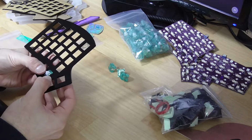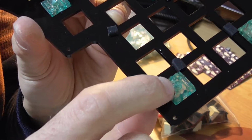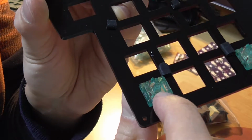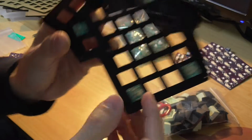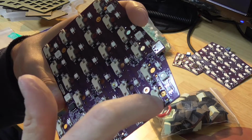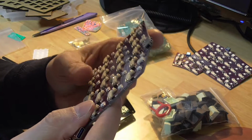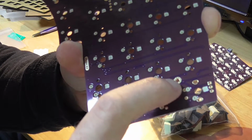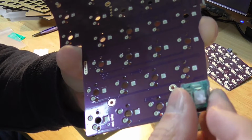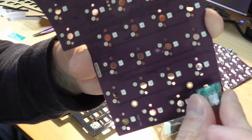So the key switches go through there, just push them a little until they click in. The bottom of the key switches have these 2 metal pins and 2 small and 1 big plastic pins that will go into the PCB. So of course the hot swap sockets will receive the 2 metal pins for the electrical connection, and it will go into the backside of the panel, and you can just push them in and get a feel of it,